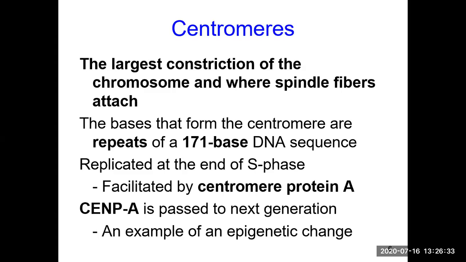So the centromere, which is the largest constriction, is important for cell division because spindle fibers or your microtubules come and attach to the chromosomes right here. And when it is time for each chromosome to be pulled apart, that means in mitosis, when two sister chromatids separate, it is the spindle fiber coming and attaching to the centromere and pulling these two sister chromatids apart. In the centromere also you have repeats, and these repeats are not just 2, 3, 4, or 10 bases that you and I can memorize. These are a 171 base sequence that is being repeated. So 171 of that sequence, again 171, and so on.